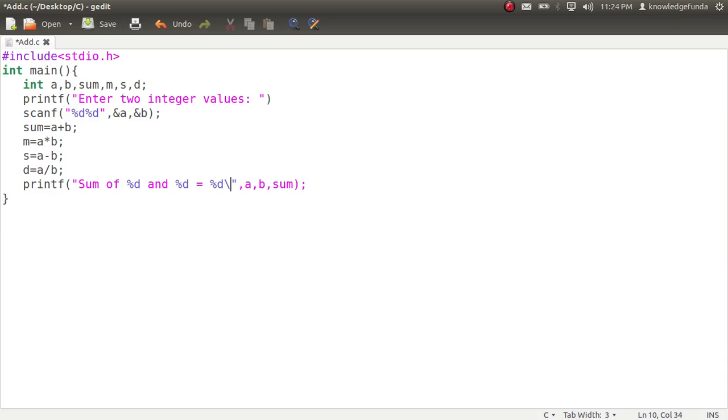then we can add \n. \n is an escape sequence. \n means new line. That means it will add a new line in the output. Okay,